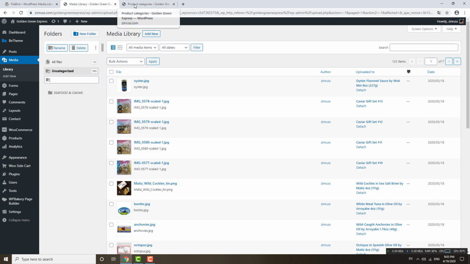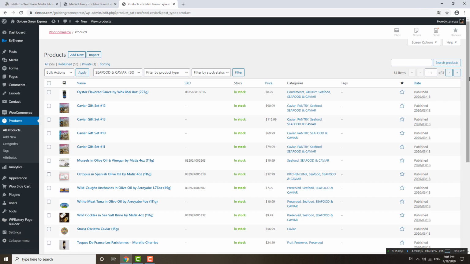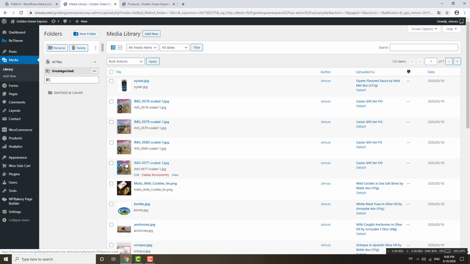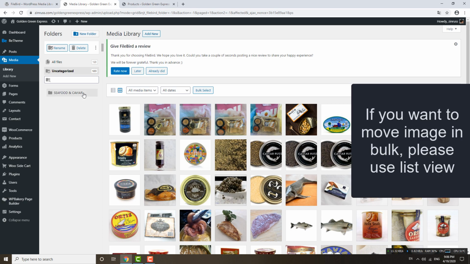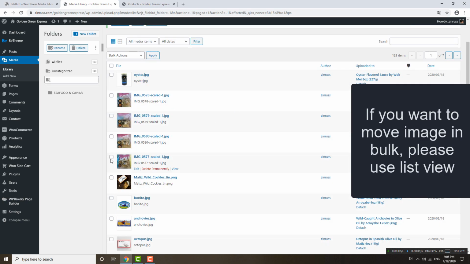Okay, so let's say I want to move the images there. This view is the images. For your info, if you click on the grid view, you can only move one image per shot. So if you want to move many images with a single shot, you have to do it in this